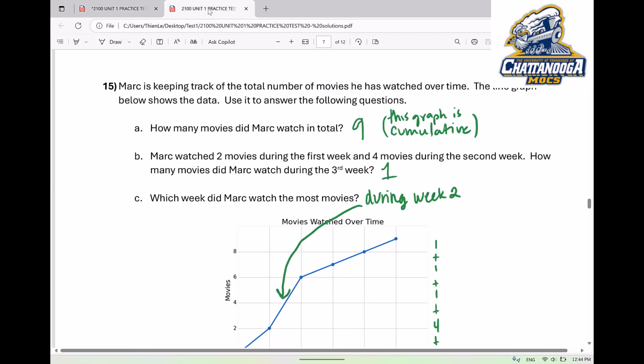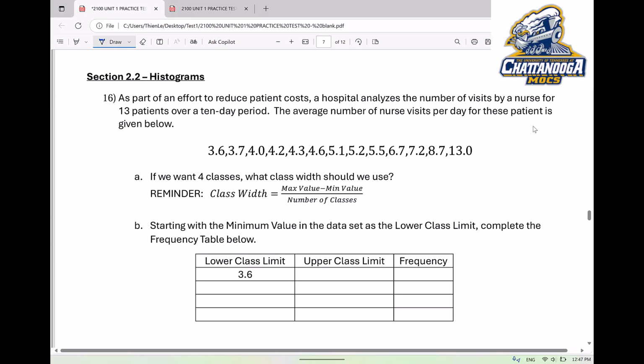So let's look at the answer together, right? 9 total, 1 movie, and during week 2, right? That's clear, right? So 16,